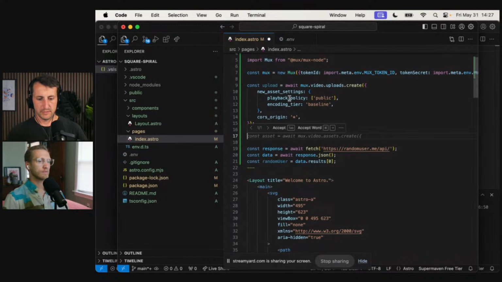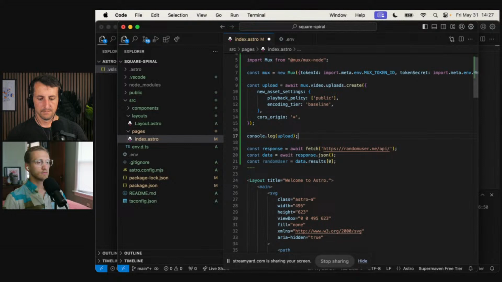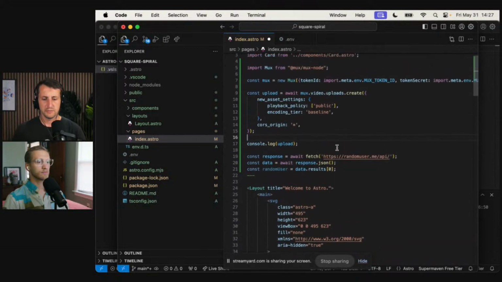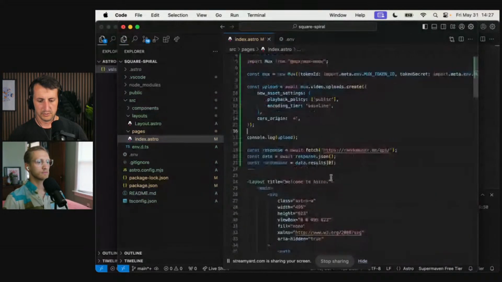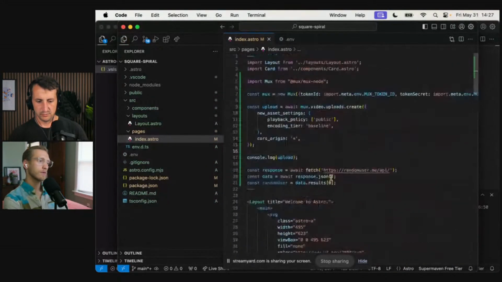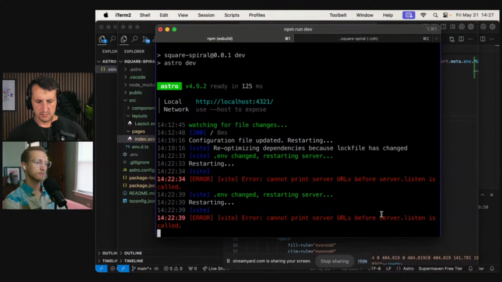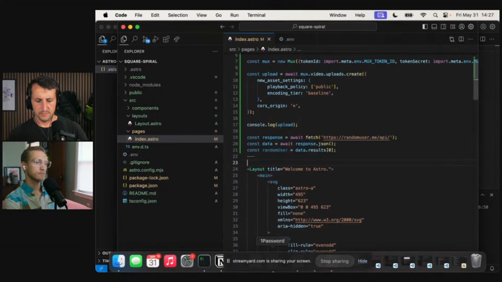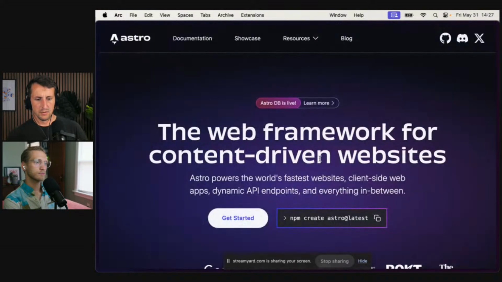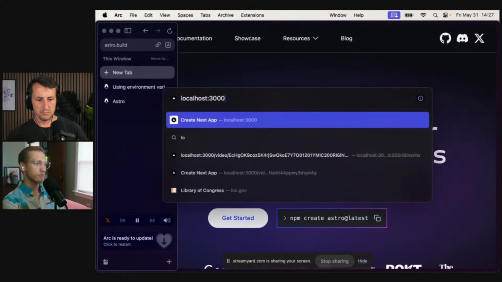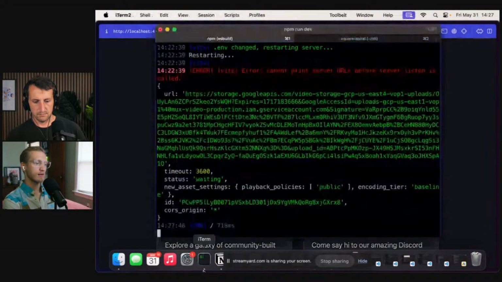All right. So we got to upload. Maybe we should log this out, make sure that we're getting what we're expecting. And here's what's interesting too. We don't have to return anything, right? It looks like we can just use the information that we need to write in the component below without any other work. Maybe? All right, let's give this a reload. Oh, where'd my app go? 4, 3, 2, 1. Nice. See if anything happened.